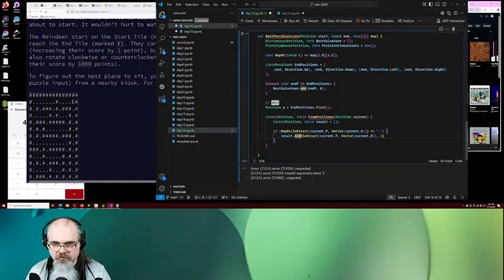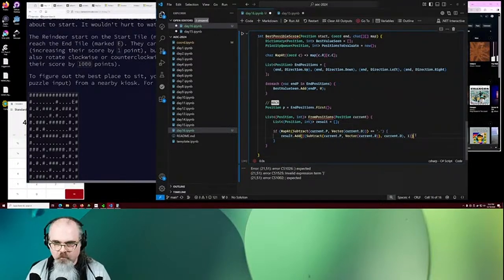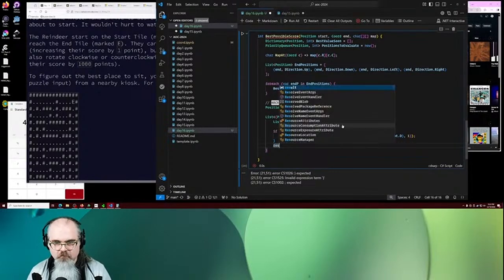Oh, right. It needs to be a tuple. We need to construct this tuple here first. The subtract gets us the position, but we also need to give it a comma, current direction 1. Okay, so that adds one of the results. Then we just always add